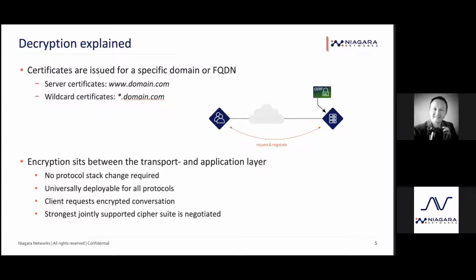When TLS, or actually SSL, was created, it was thought about, how do we do it? If we have to encrypt everything, that means we have to create new protocols to encrypt the traffic. That means we need a new protocol for the web server, a new protocol for the email server, a new protocol for our telnet server, et cetera, et cetera. So what they came up with is, if you look at the OSI layers,